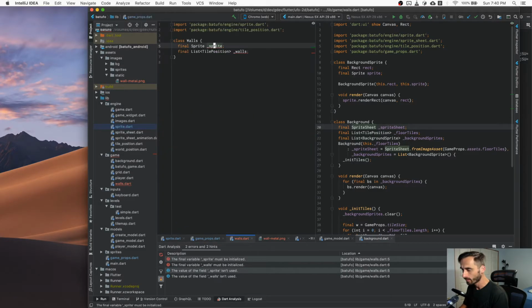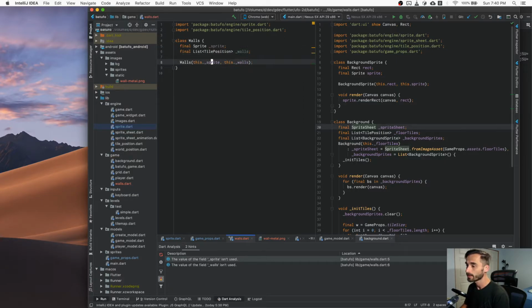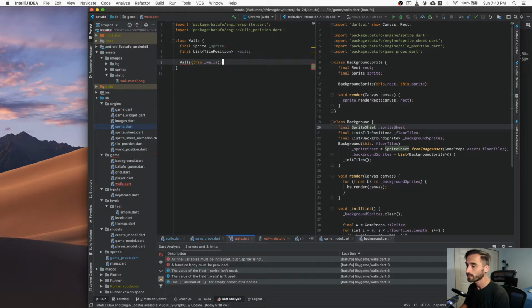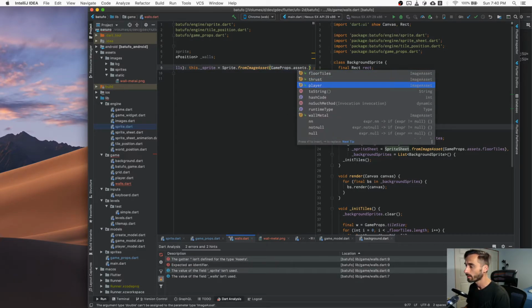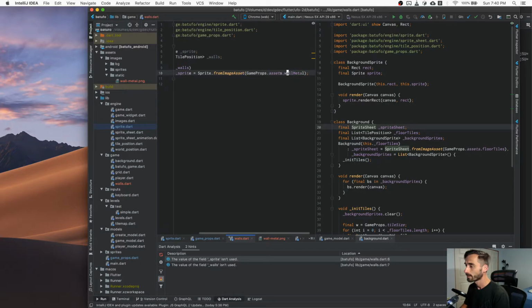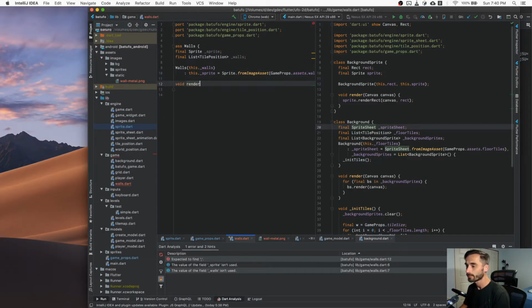Now let's go back to our walls. We can basically say the sprite we create from the asset, and the walls we need to take in. So this one needs to come in, and the sprite we create equals sprite dot from image asset, and then we just go to our game props, assets dot the wall metal. All right, so that's nice. Now we've got that, and there's not much to it. We know the positions, we know how to render it. So actually now all we have to do when we render it,